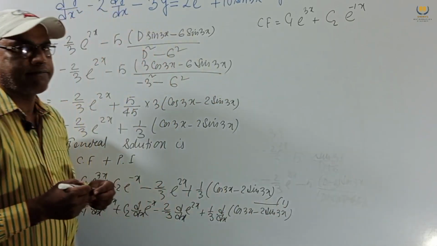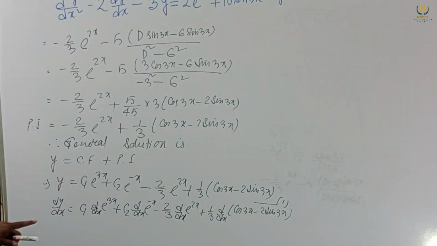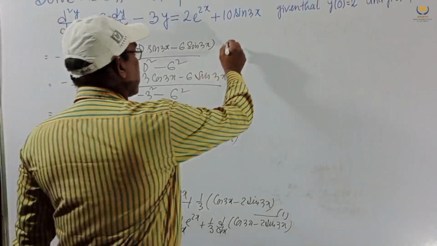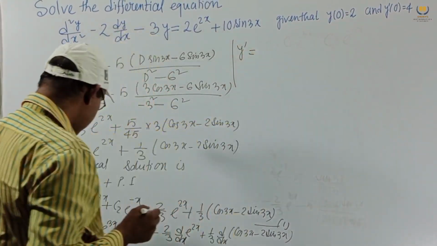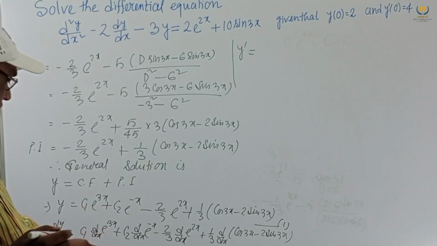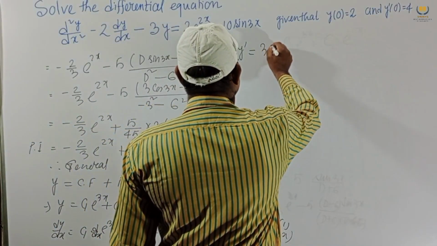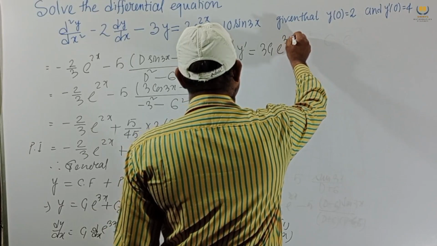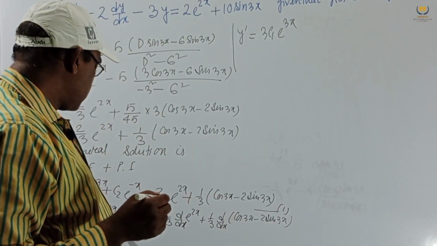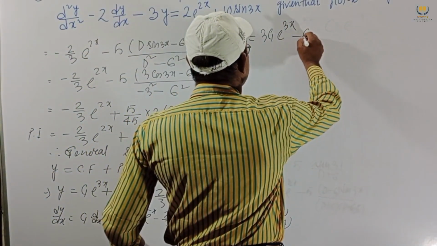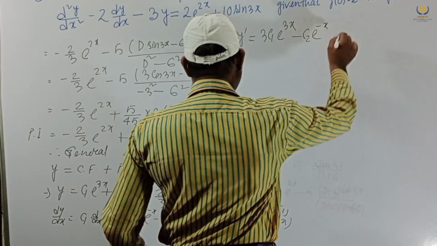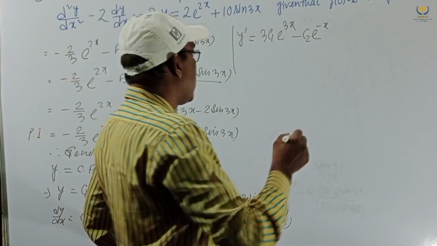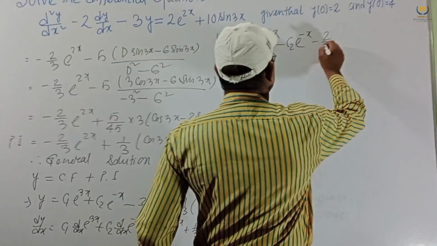We get this. dy/dx means we can write y', and if we differentiate we get 3c1 e^(3x), minus c2 e^(-x), minus 2/3